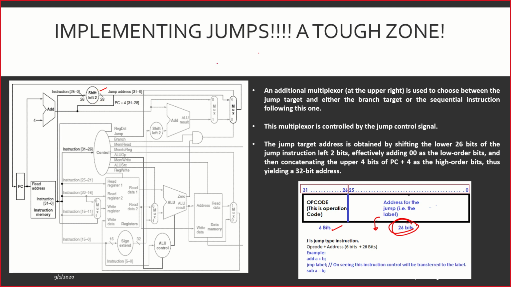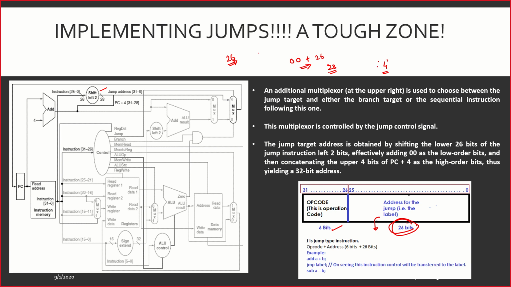Now what we do is very simple. I have got a 26-bit address input with me in the instruction. This 26 bit is not sufficient. So what I need to do is add 2 zeros to it, so it becomes 28. Now what will happen is I already have 4 bits available, the top 4 bits.